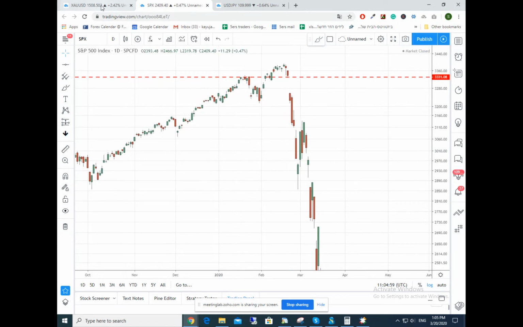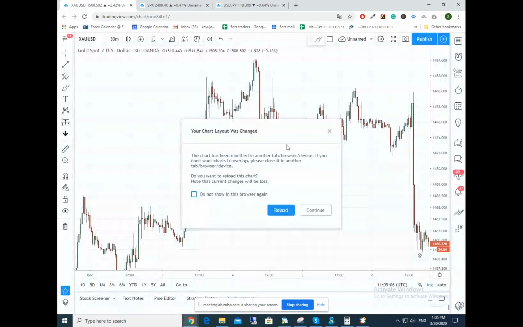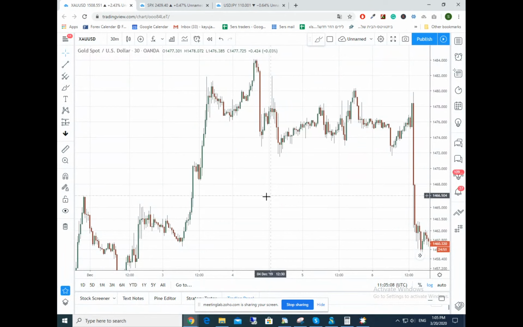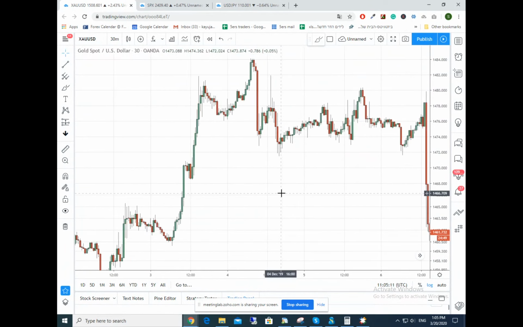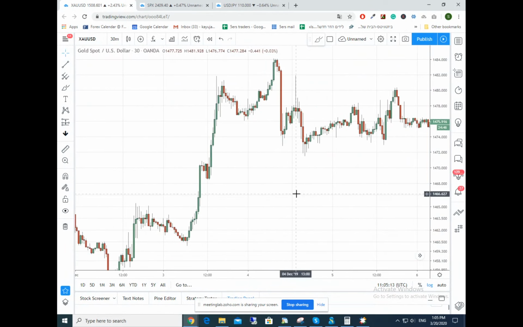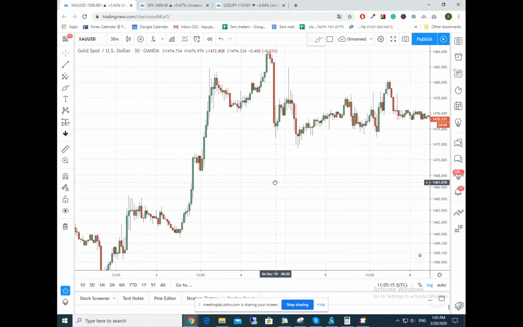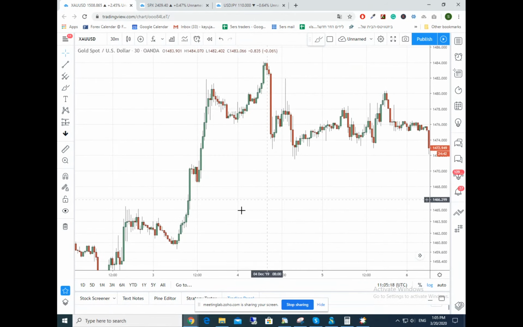All right, last example. This is the XAUUSD, which is gold. And as you can see here, the price created this uptrend by creating a high, low, then a higher high, and a higher low, and another higher high, and then